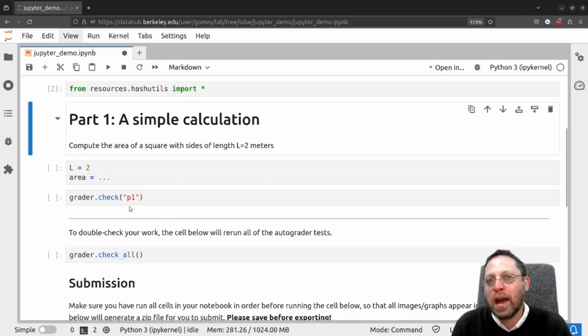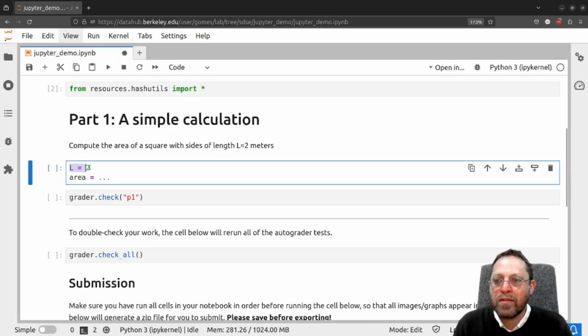And let's say that we have this exercise to do. It's called a simple calculation. The exercise is to compute the area of a square with sides of length L equal to 2 meters. And they have defined here L is equal to 2. And these three dots, these ellipses, tell us that we are supposed to put here in the variable area what the answer is, the area of the square with length equal to 2. So we know that the answer is 4, that's 2 squared, and so I could write that like this: L squared,